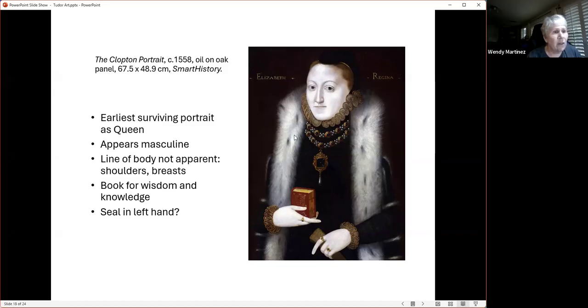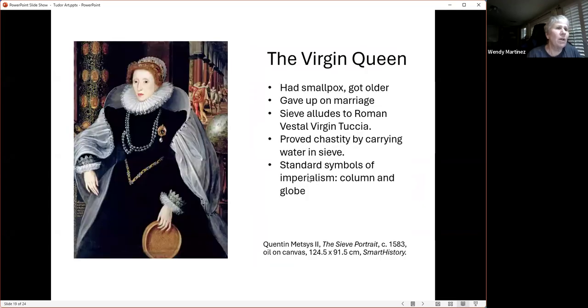You can't really see her breasts, her shoulders. You can't really tell again that she's even a woman. But the years go by, and she gives up on marriage. She's in her 40s. At this point, there's several what they call sieve portraits painted of her, and this refers